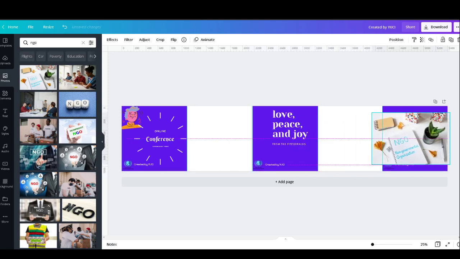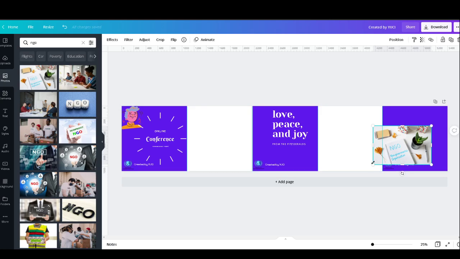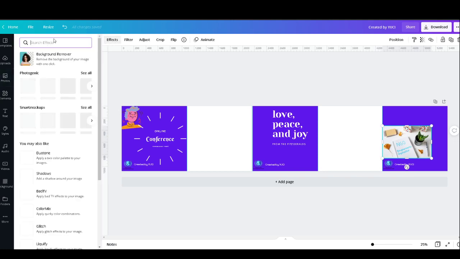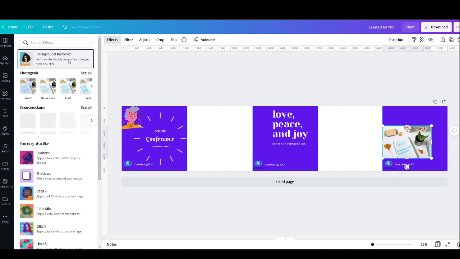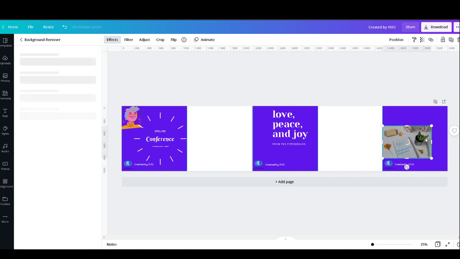So we have an option in Canva where we can remove the background alone. So how can we remove the background? To do that you can go under the Effects folder and Background Remover. If I select this one, it will start eliminating the background, and let me know whether it is removing accurately or not.